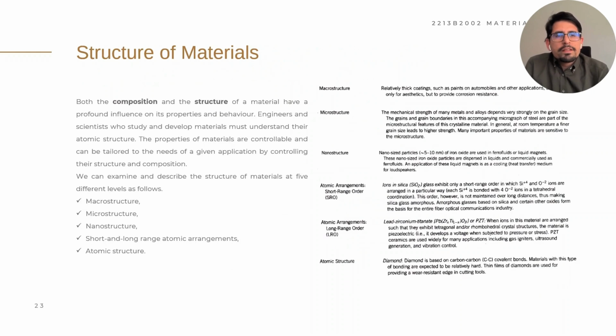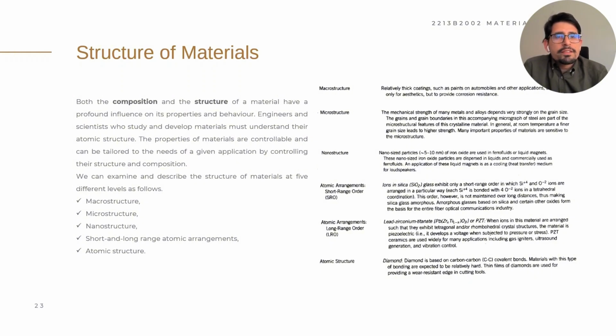The structure of materials plays a crucial role in determining their physical, mechanical, and electrical properties. Material structures are analyzed at five different levels: macrostructure, microstructure, nanostructure, atomic arrangements, and atomic structure. At the macrostructural level, coatings and surface treatments enhance corrosion resistance. Microstructure, which includes grain size and boundaries, significantly affects the strength of metals and alloys, with finer grains generally leading